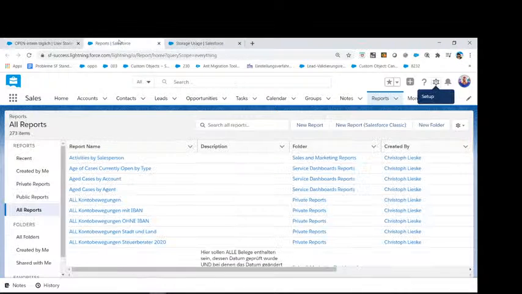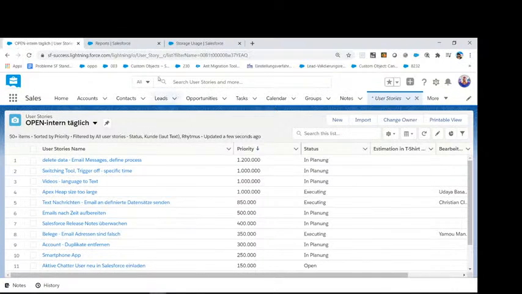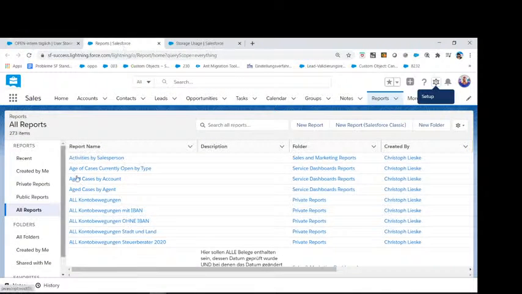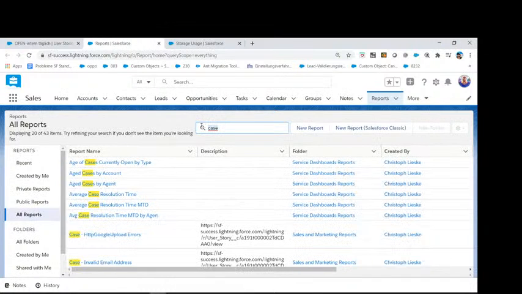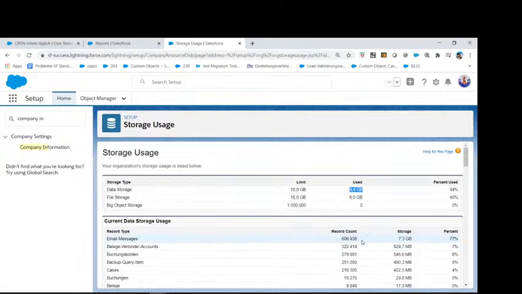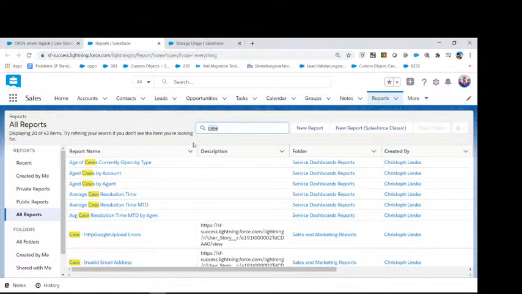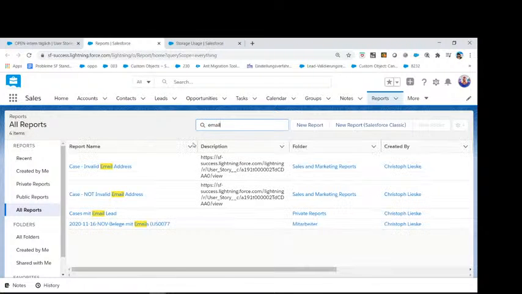So the delete data, let's go for this. We want to delete some data, but we don't know what to delete or what we can delete. We have one criteria, and we will just go like this. It's like a process, and we need to go for the cases, or let's say no, we want to go for the email messages, and that's why we also go for this object, not for the cases, but for the email messages, because they are consuming a lot, and so it's pretty worth to go for them. So we like email messages.